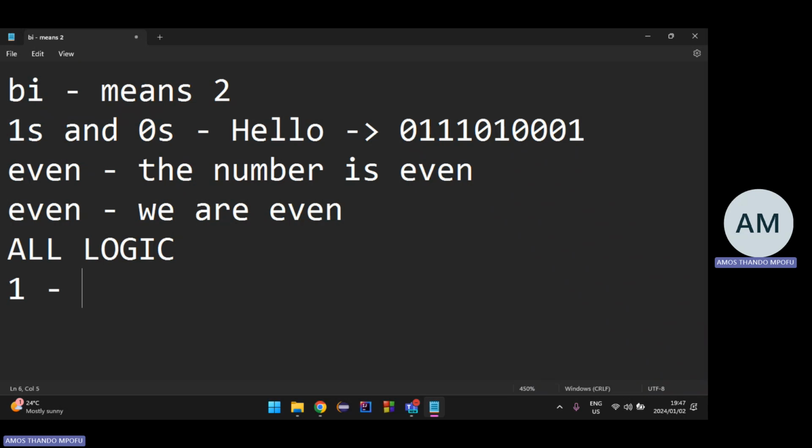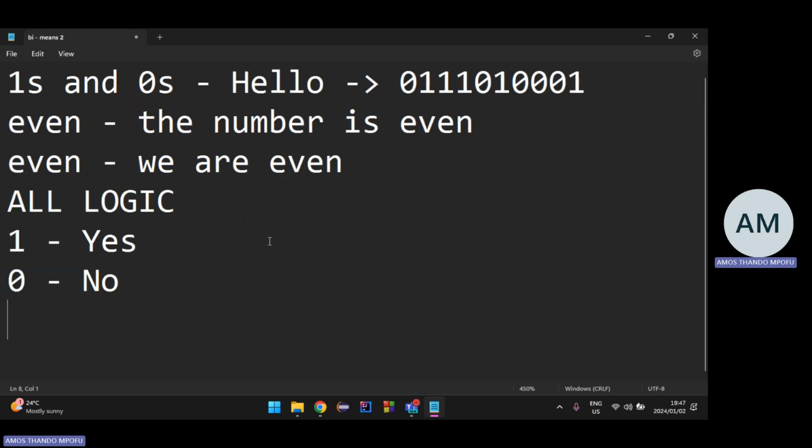Binary means that 1 represents yes and 0 represents no. So it can only be yes or no. Unlike us people, who have our own specific digit for maybe. That's where intuition comes in. There's always a maybe. Someone can tell you a sentence and you can think, maybe this is what they meant, based on how they've structured their sentence. In computers, there's no maybe. It's either yes or no. That's why it only uses 2 digits, not more, not less.